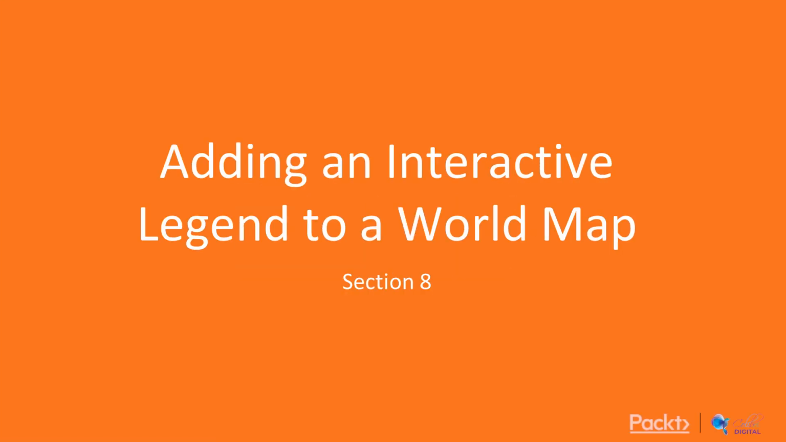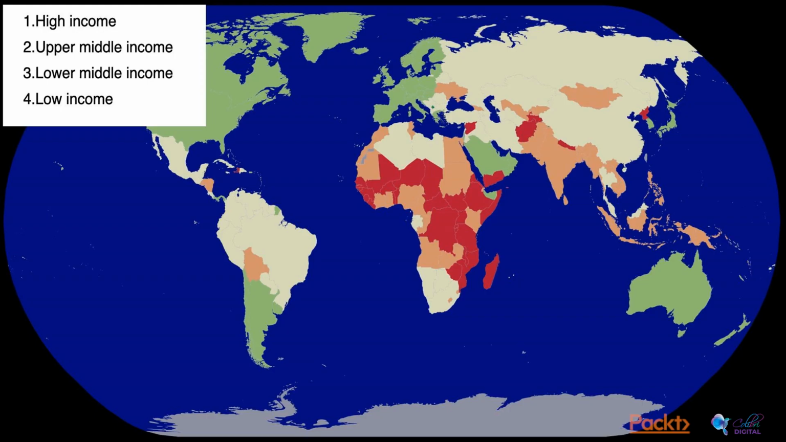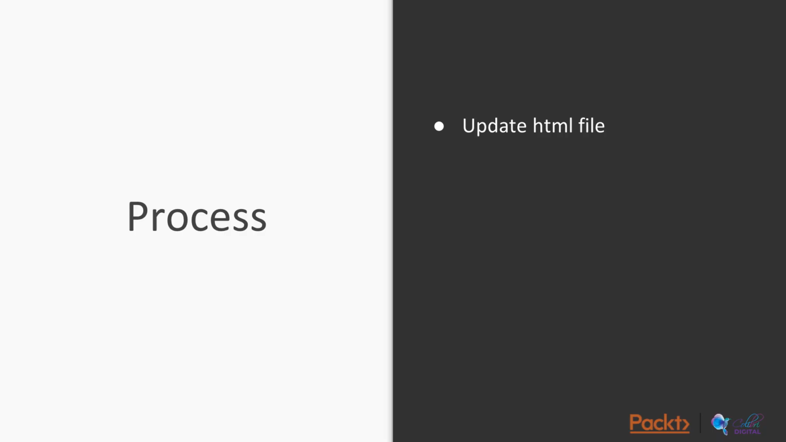In this section, we are adding an interactive legend to our world map. In this video, we will add the legend and some legend text to the screen. By the end of this video, our project will look like this, with our world map and a square in the top left of the screen, which will be our legend, including text representing the 4 categories of income that we are working with. We will start by updating the HTML file to include a new file that will contain